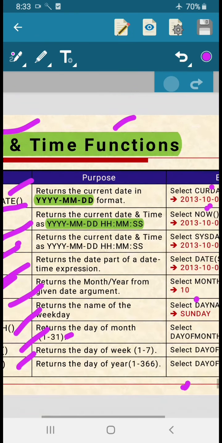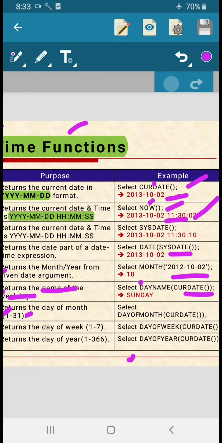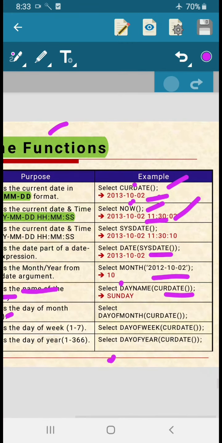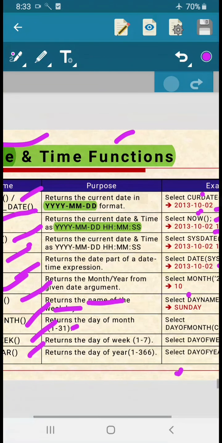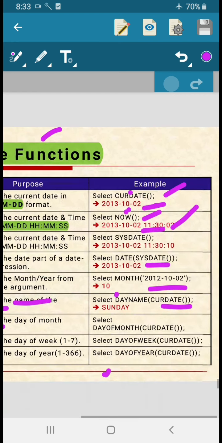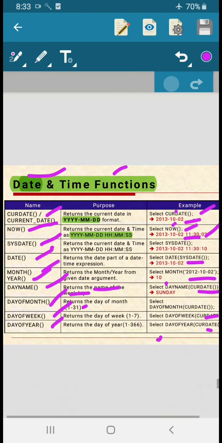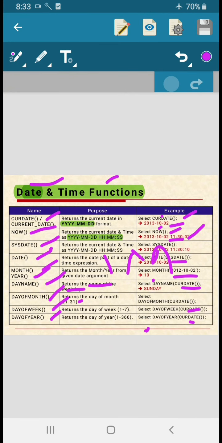Okay, and this is week, this is the week format, right? And next, there is a difference between day name, day of year and day of week. Day of week returns the day of the week from 1 to 7, whereas day of year returns the day of the year from 1 to 366, including the leap year date. Okay, so these are the examples for this one. We'll get one more question from the date and time functions, students. Very very important note.